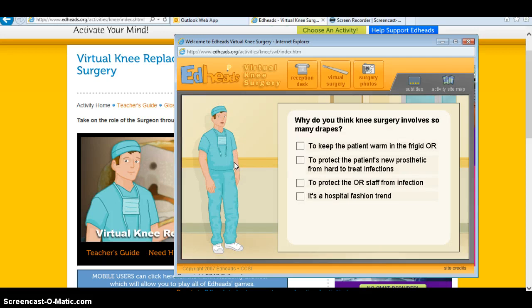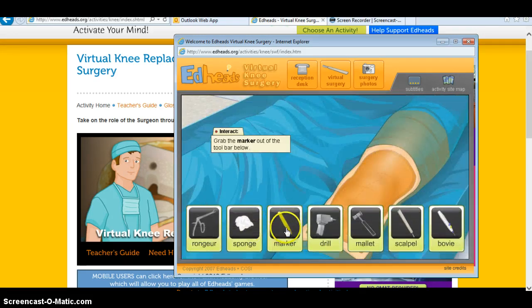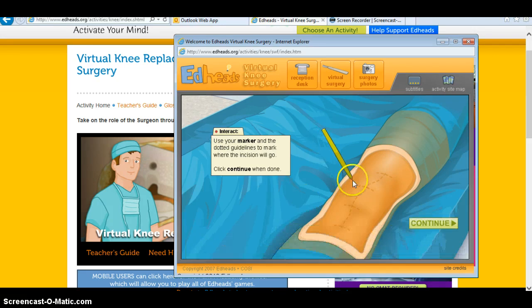Why do you think knee surgery involves so many drapes? Good work. Use the sterile marker to draw the location for our incision. And don't forget to mark the perpendicular lines too. Okay. Typically, the incision line is 6 to 7 inches long. Okay, so we actually about to